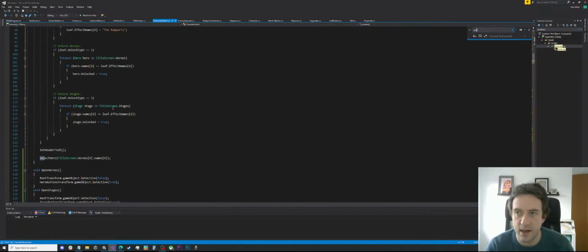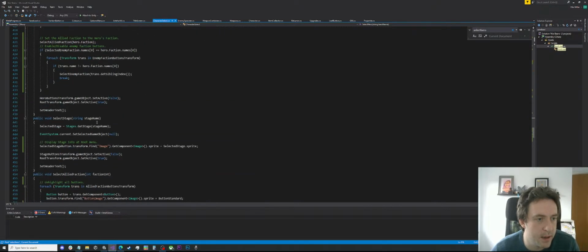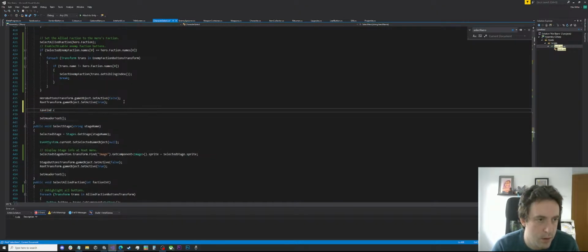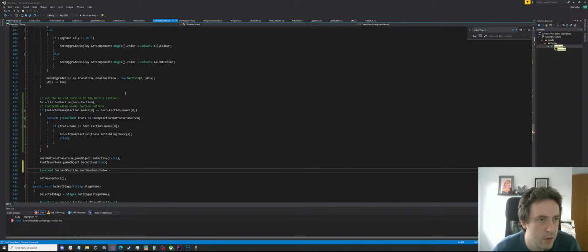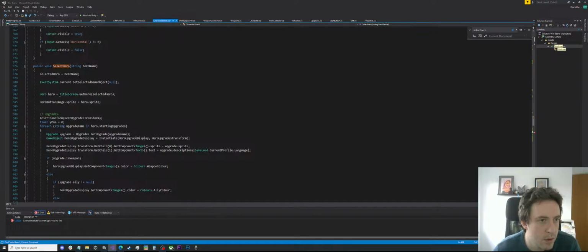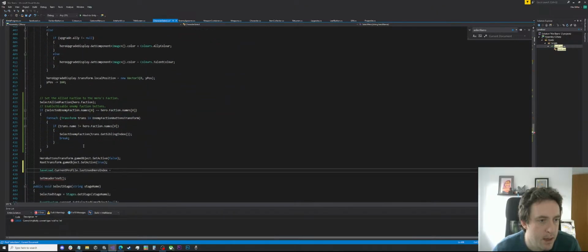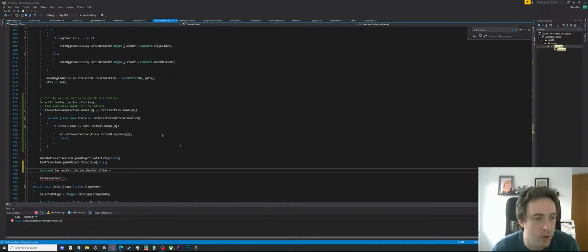So when we select hero, we want to make sure that we update the last used hero index equals... and then again we want to get the index of the hero that we've selected, which is a bit awkward, but